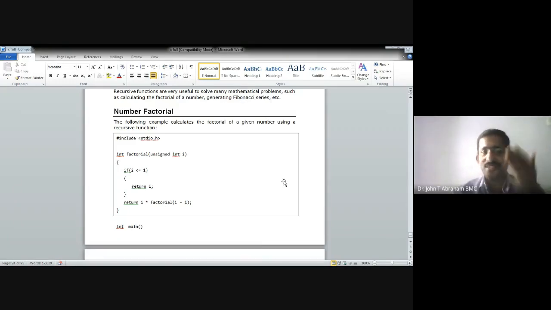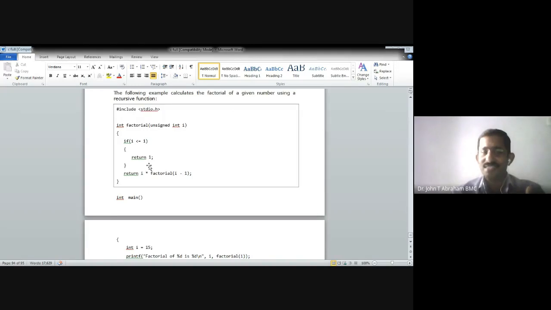Like that. So in that case, factorial means return i into factorial of i minus 1. That is why I told you 4 factorial means 3 factorial into 4. We already got 3 factorial. So that is nothing but return i into factorial of i minus 1.